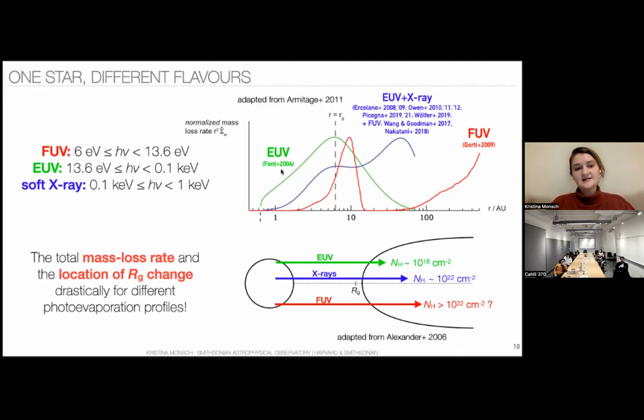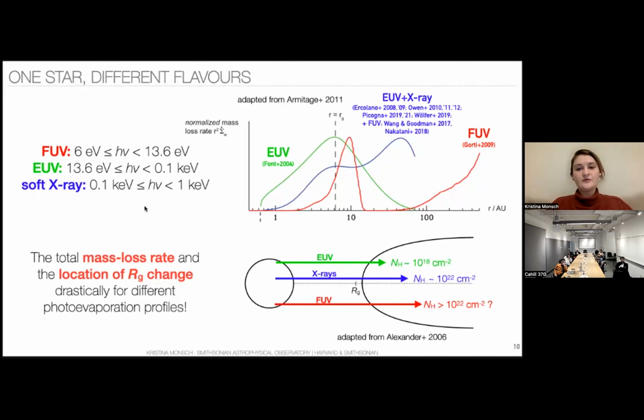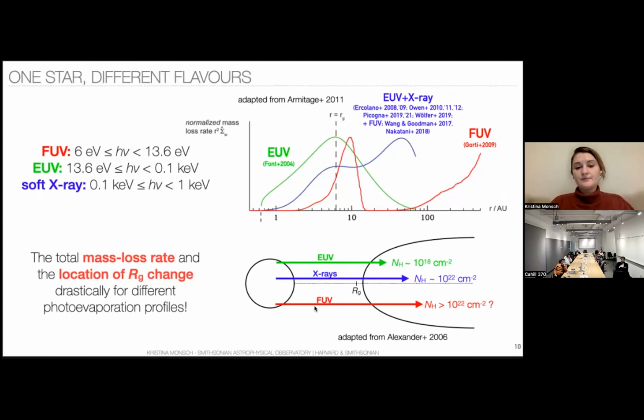And soft X-rays are energetic enough to ionize and penetrate the disk relatively deeply. And therefore, X-ray photoevaporation is a very efficient mechanism to heat the disk and therefore remove or disperse it in timescales that we're actually observing. And this is mostly because of the penetration depth of these different